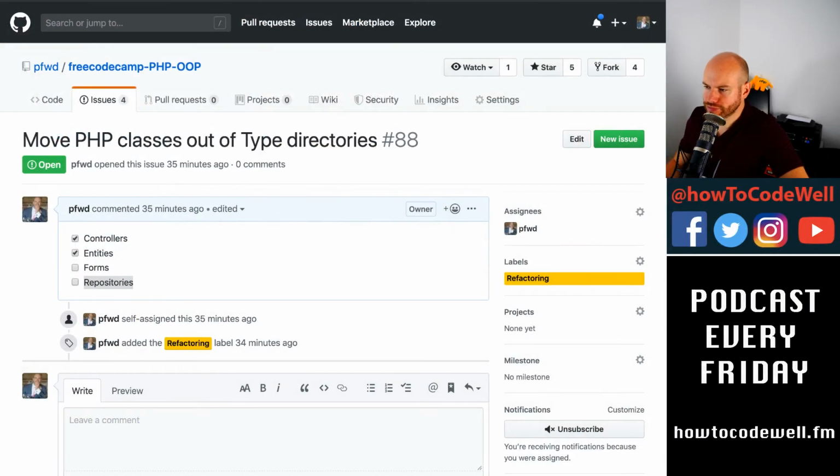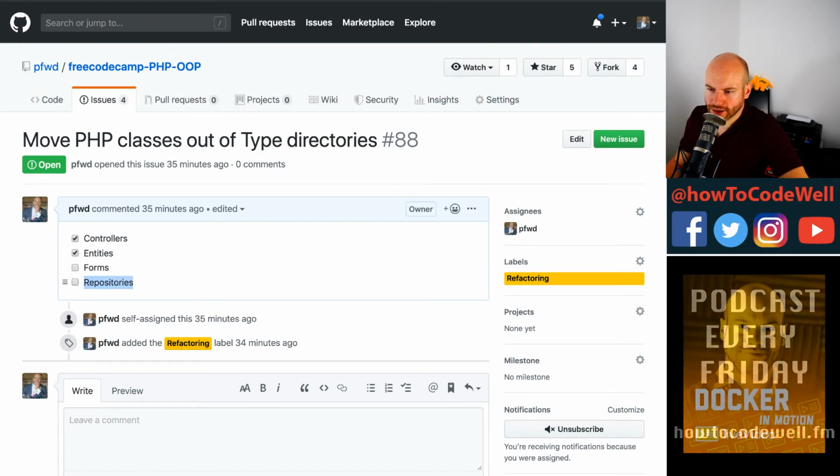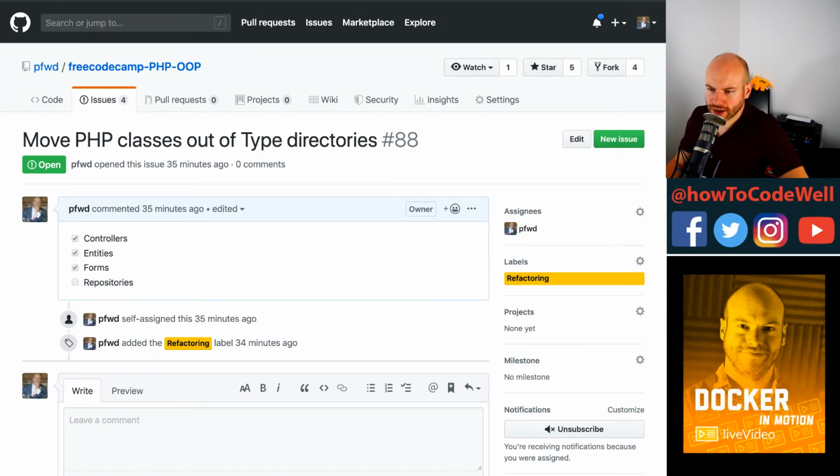If I go back to the browser, I can say that works, and also the repository as well. Why can't I click on repository? That's weird. Anyway,